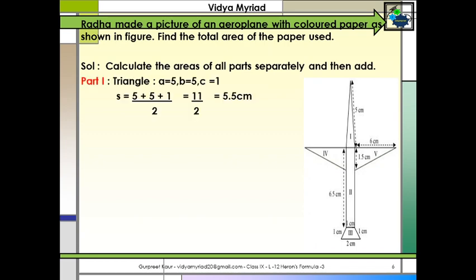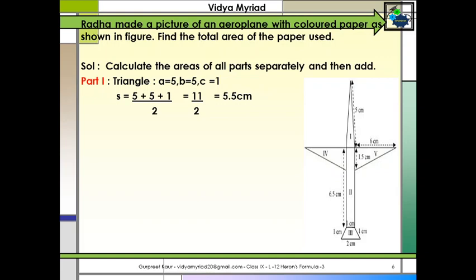Let us see. I have taken part 1, it's triangle. Now how do you know that what are the sides? Only 5 is given. Now triangle, if you see that aeroplane part, the sides will be same. If you know the one side, it will be in a form of an isosceles triangle. And from where 1 has come, if you look down, okay, it is given width as 1. So same way the triangle width will be also 1. It will be in a sequence, okay, they are parallel, it's a rectangle. So if down is 1 centimeter, then up will be also 1 centimeter. So I have all the 3 sides of the triangle.